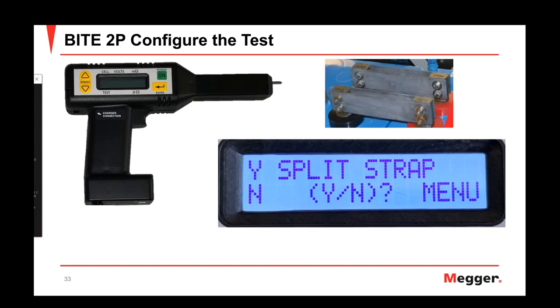So now it's going to ask you whether or not you have a split strap situation. A split strap configuration on the batteries means that you have 2 or more battery straps for the same 2 posts on a battery. And you can see here in the picture that this is a